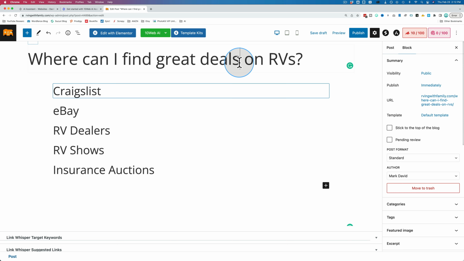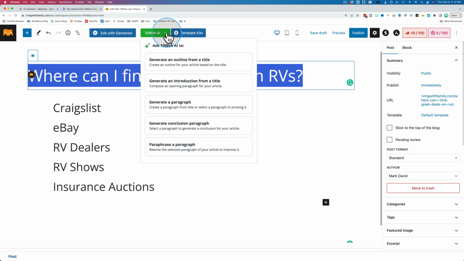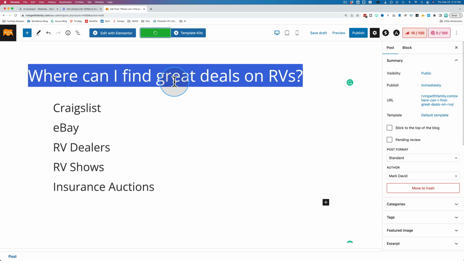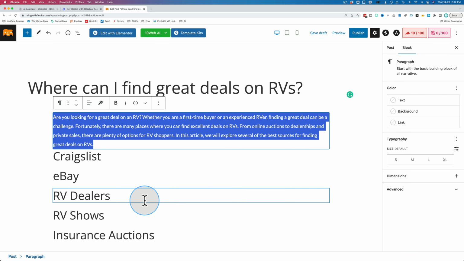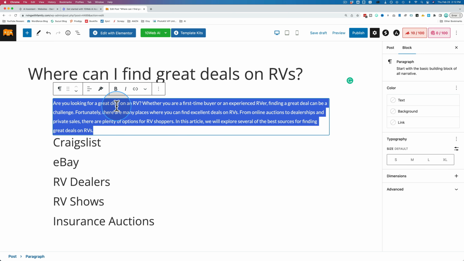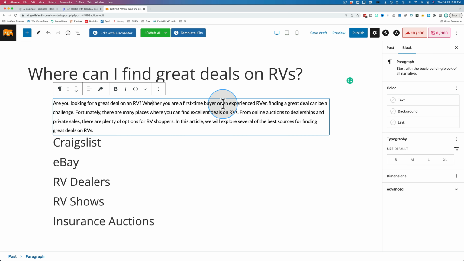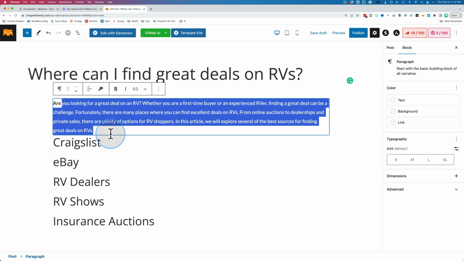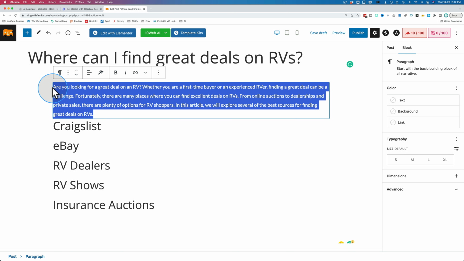Now let's do that again, actually. Let's take the title and let's create an intro paragraph from the title. And that should pop it right below this, maybe below all of them. I'm going to find out in just a second. Popping in right below the title. Here we have an intro paragraph. Are you looking for a great deal on an RV? Whether you're a first-time buyer or an experienced RVer, finding a great deal can be a challenge. And I'm not going to read the rest, but it looks pretty solid for an intro paragraph. And now we can go ahead and edit this to our heart's content and make sure it fits with our